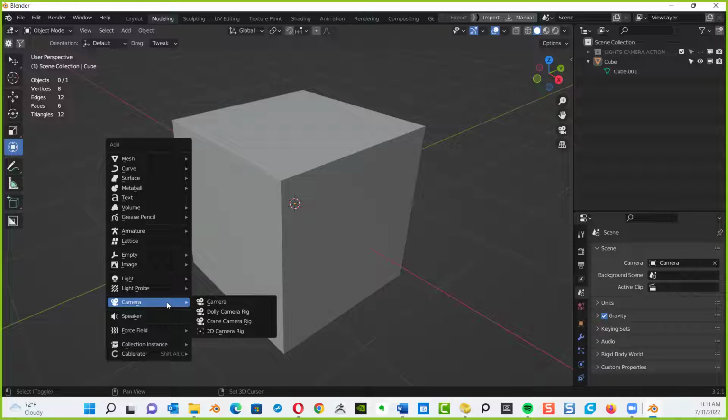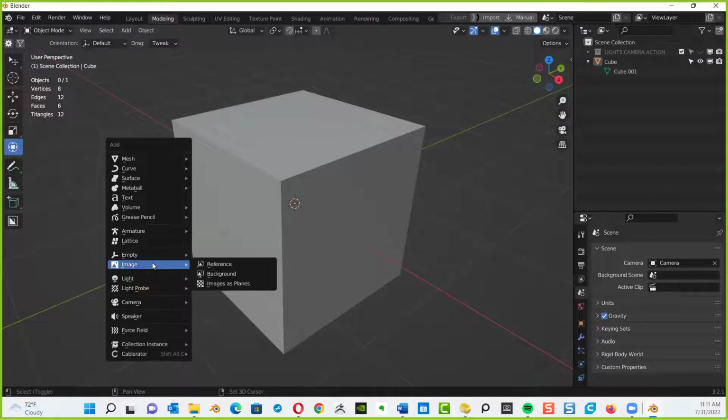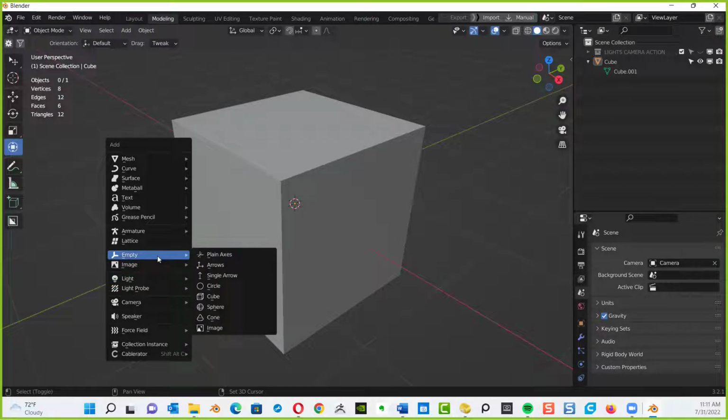Exactly right. Shift A will add anything and everything. Anything and everything you're ever going to need to model with is in Shift A. We have light probes, lights, images, and empties. Empties is a null. If you're LightWave users, we call them nulls.